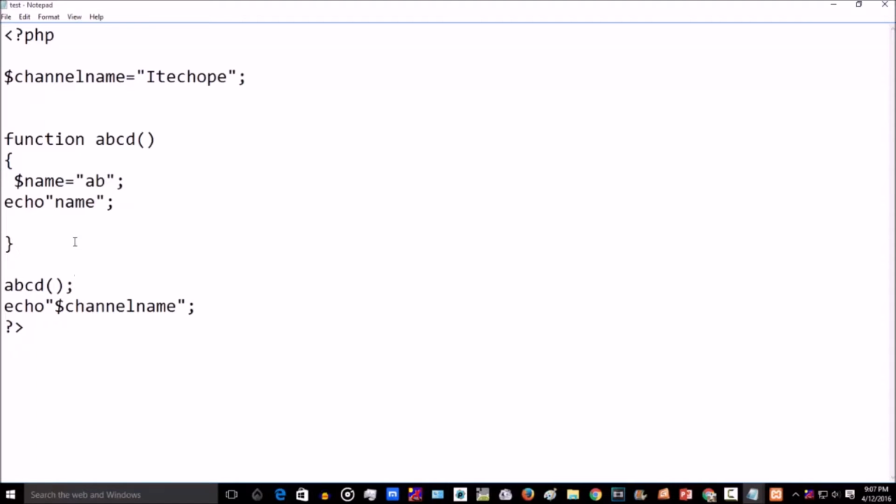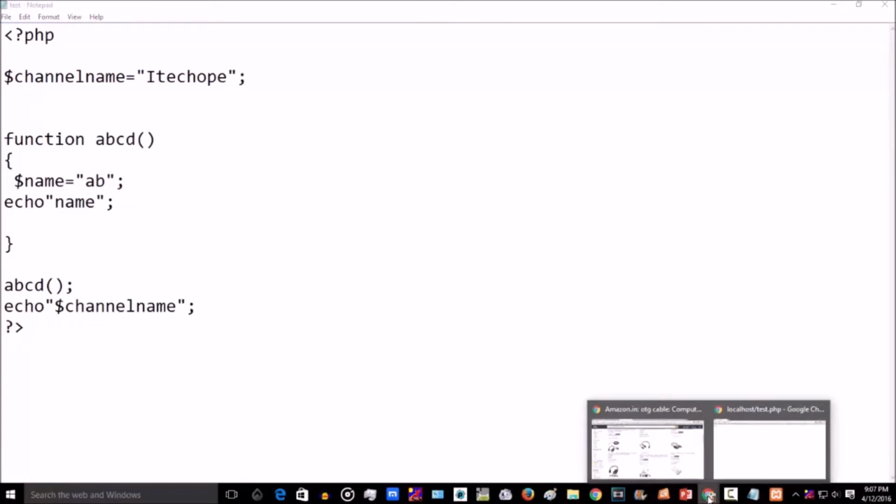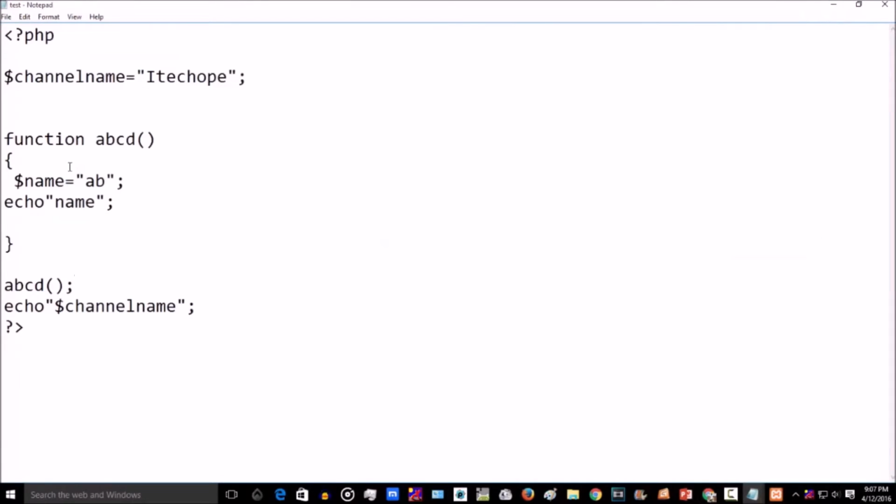In another video you can find the concept of functions in PHP. We will be posting that video very soon. So let's run this code first. Control save. And here you can see iTakeHope is printed. So this is a local variable. If you print it outside the function, you will not get any output for it.